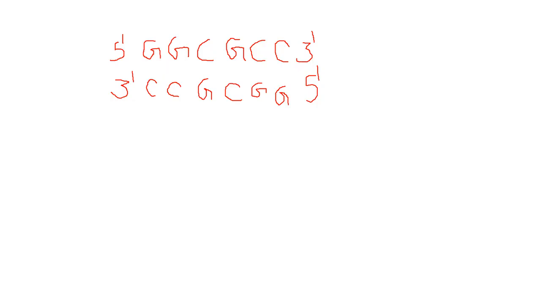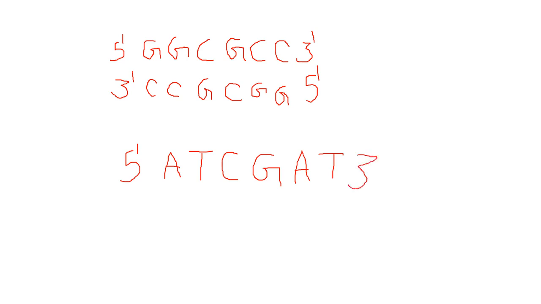Now let's try one more. If we are writing from the 5 prime direction, we are taking a sequence A, T, C. Okay, we have written these 3 nucleotides here. Then we will write the complementary of these. So first of all you will write the complementary of C, that will be G. Then write the complementary of T, that will be A. Then complementary of A, that will be T. And it will be the 3 prime end, right?